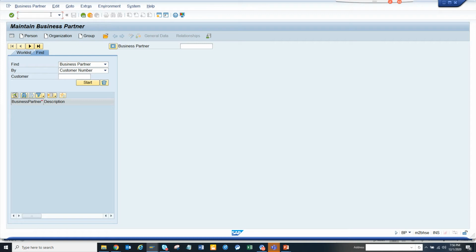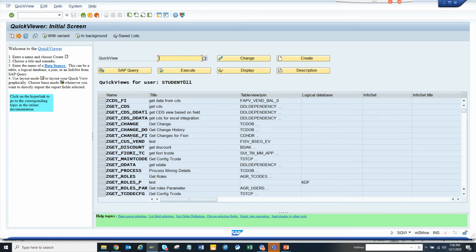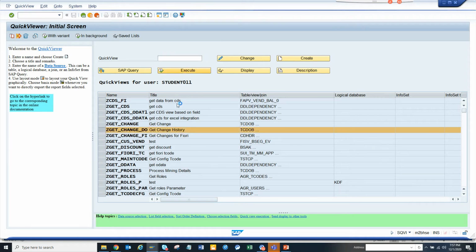So how can you measure that? There is some discrepancy here. For that, there is a way you can get the change history. I have already created a separate video for this, and I'll put it in the description link. If you use that, run the variant or program, then you will be able to find, oh, these are the ones that have problems.